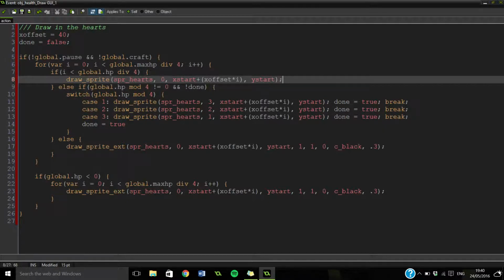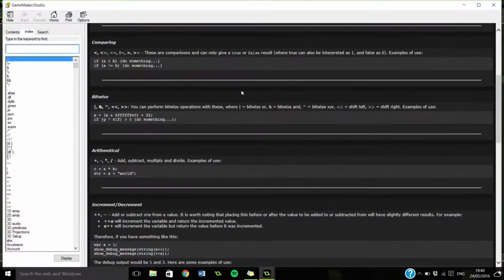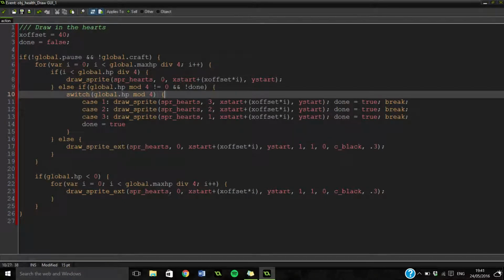So what this is saying is else if global HP, which is our HP currently, mod. Now, mod, I believe, is where it sees if it's a whole number. And we'll just go check that because I'm not incredibly sure. Yeah, it gives you the remainder, so it gives you whatever's left over. So if it's not 0, so if there's some stuff left over and not done,